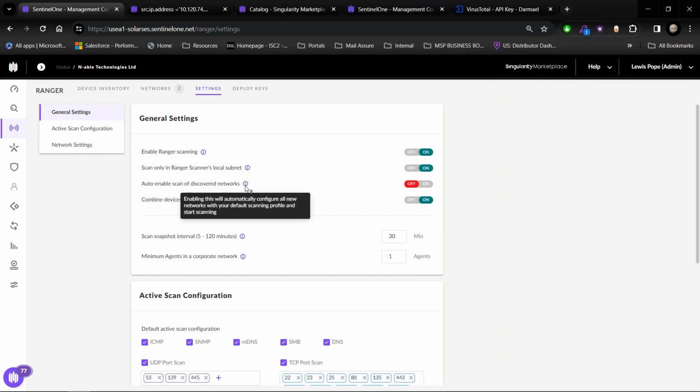Do I want to auto-enable scan of discovered networks, or do I want it to be a manual process where whenever a new network is discovered, I've got to come in here and tell it, yes, you can scan it? And that's just something to know and understand based on